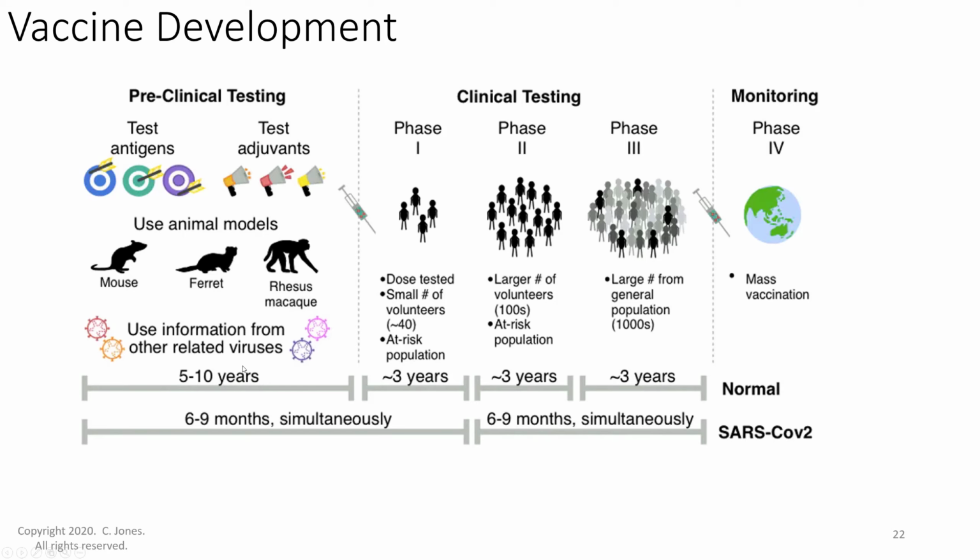Now, traditionally, the normal timeline for doing this was 5 to 10 years to do preclinical testing. With COVID, we did this in really about 3 months. Said, yep, looks pretty safe, because really most of how we make COVID is the same way that we make the flu vaccine, which we've been making for over 50 years. We then put this into people.